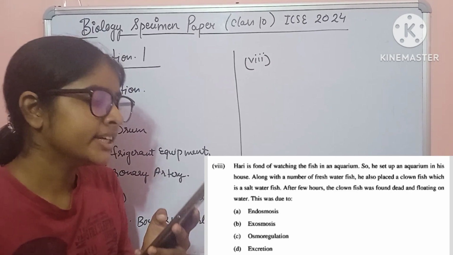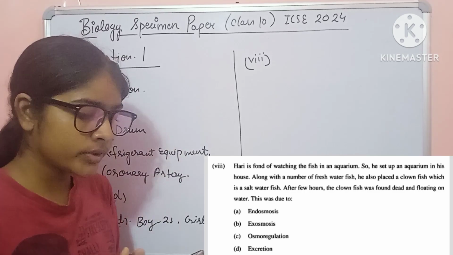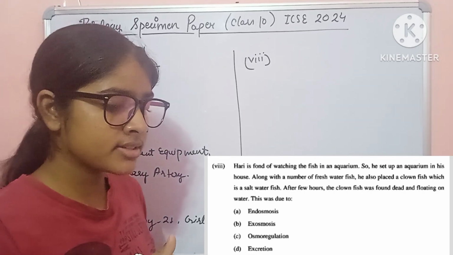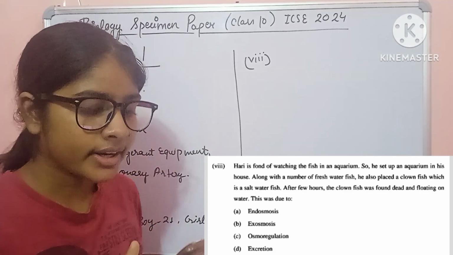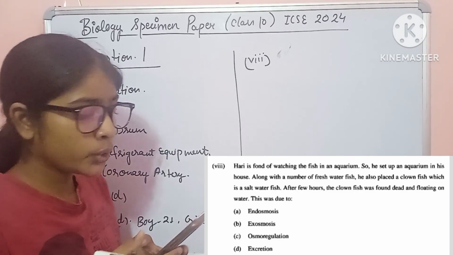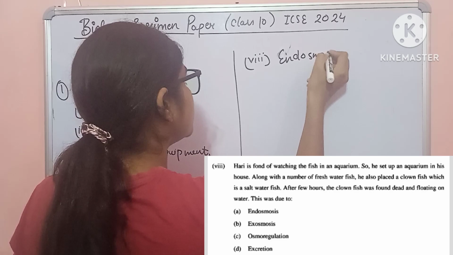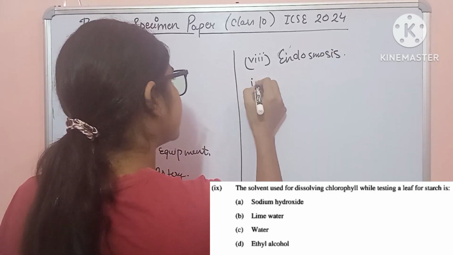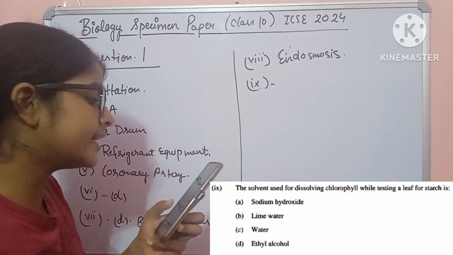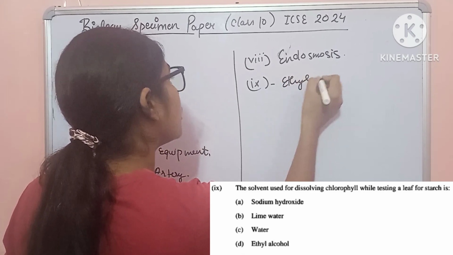Hari is fond of watching the fish in an aquarium, so he set up an aquarium in his house along with a number of freshwater fish. He also placed a clownfish, which is a saltwater fish. After a few hours, the clownfish was found dead and floating on the water. This was due to endosmosis. Okay? Endosmosis. 9. The solvent used for dissolving chlorophyll while testing a leaf for starch is ethyl alcohol,